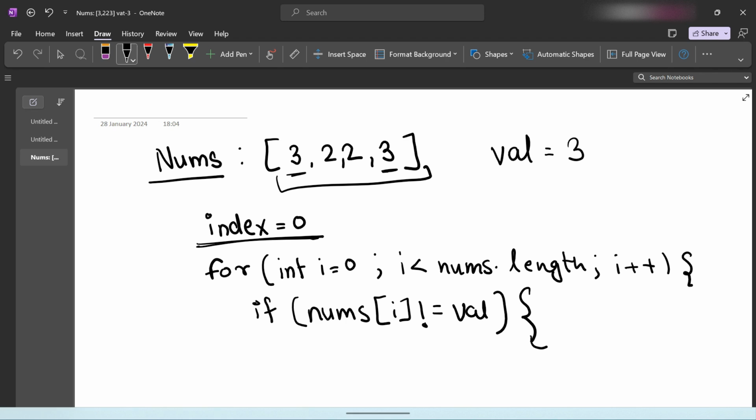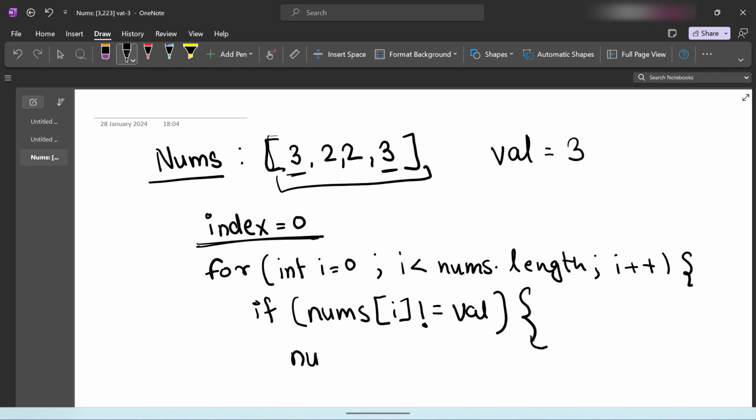If both are not matching, then only we will put that element in our new array. So we are not creating a new array, we are just replacing the values of the nums array.